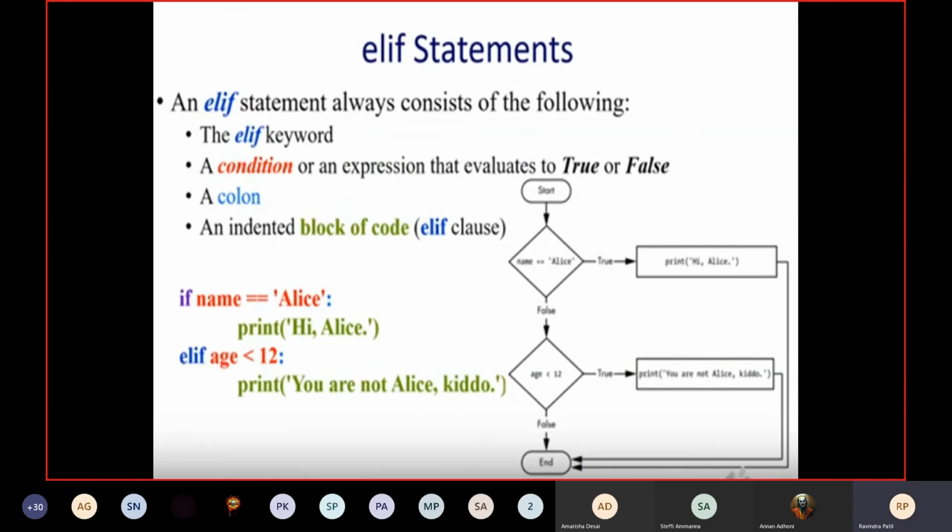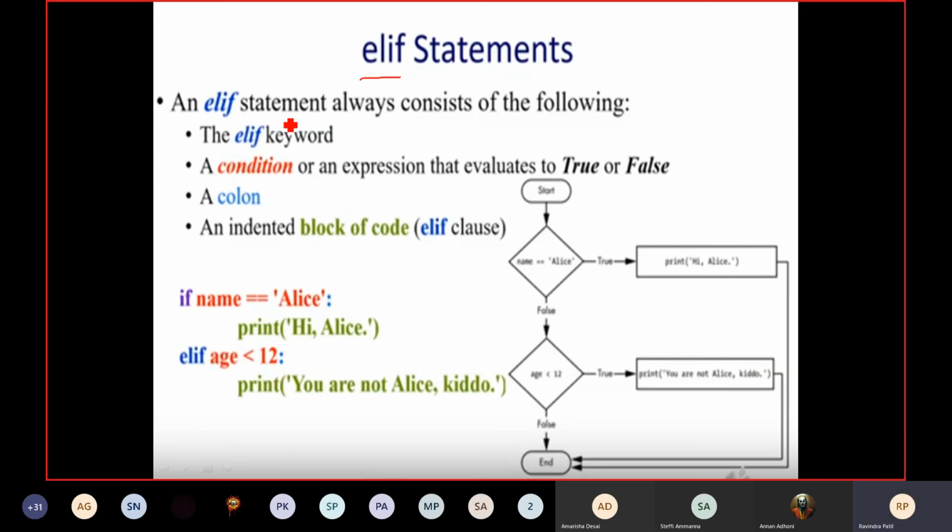So the next statement is the elif statement. In C we have studied the else-if ladder statement. The else-if ladder statement in C is somewhat similar to the elif statement in Python, and the expansion of elif is nothing but else if in the case of Python.